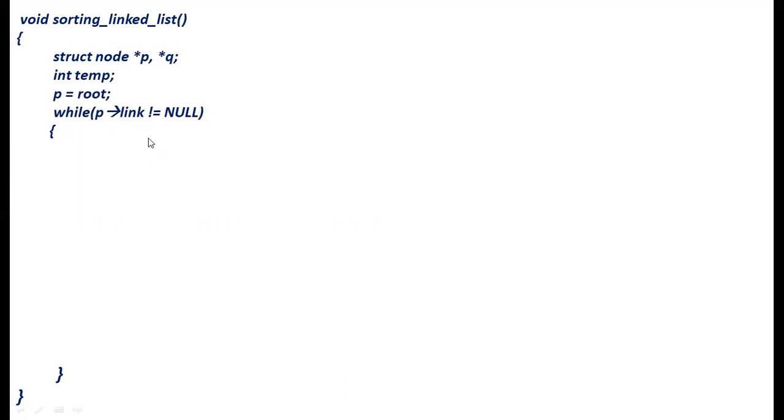elements. So when P to link not equal to null, where we need to place the Q pointer should be next to P. So Q is equal to P to link. So P to link value we need to assign into Q value. So they are adjacent. Now what we need to do? If the Q to link value is not equal to null, then we need to compare. So while Q to link not equal to null,